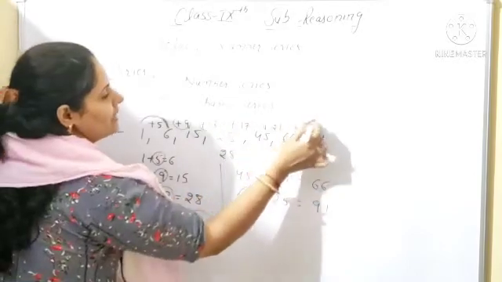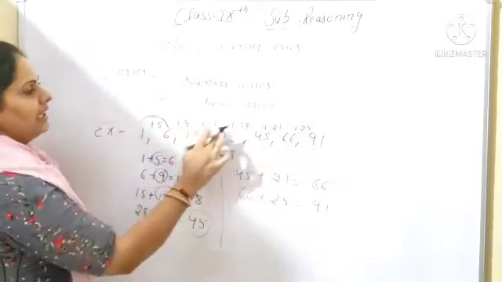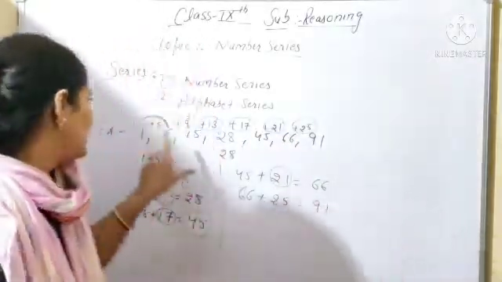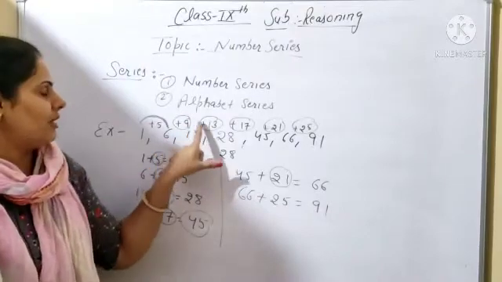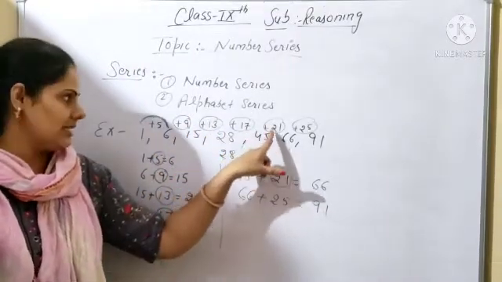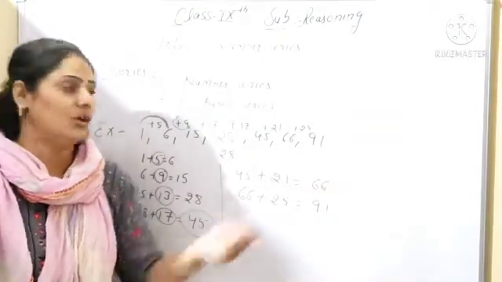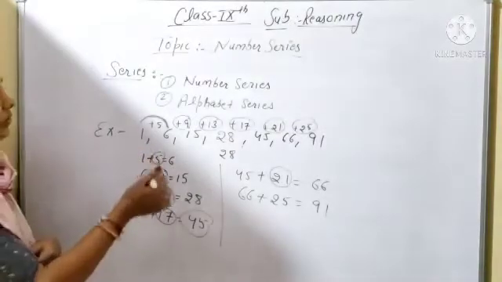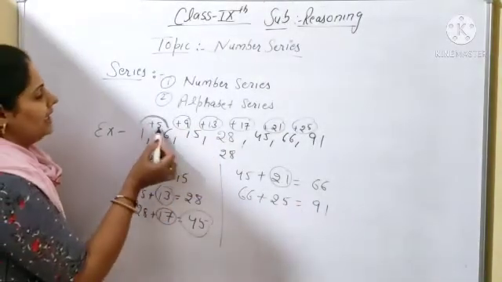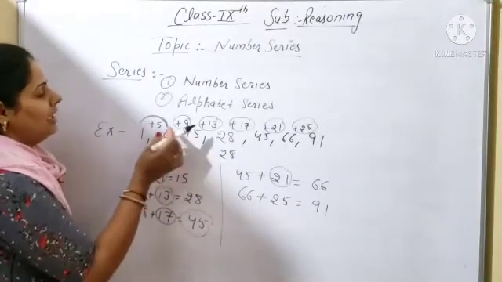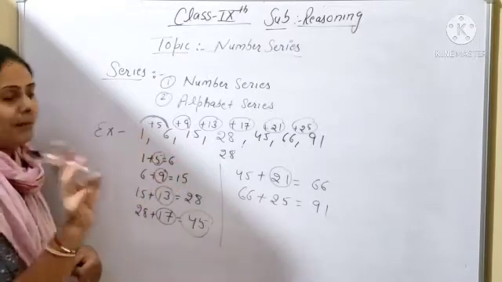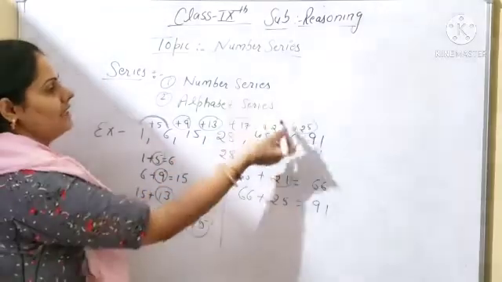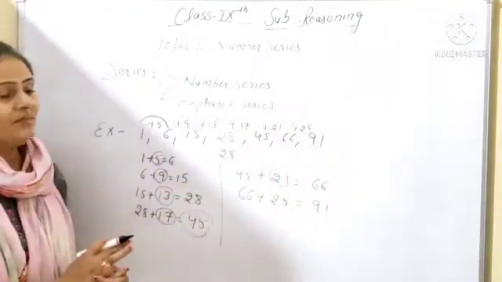It means the numbers you are getting here are 5, 9, 13, 17, 21 and 25. So what is the difference of all the numbers? Plus 4. After 5, what will be the next number? 9 plus 4 is 13, 13 plus 4 is 17, 17 plus 4 is 21, and 21 plus 4 you will get 25. So simply you have to recognize the pattern. What are you adding in all the numbers? If you add 5 and the next number you add 9, the difference is 4. So the next numbers are 13, 17, 21 and 25.